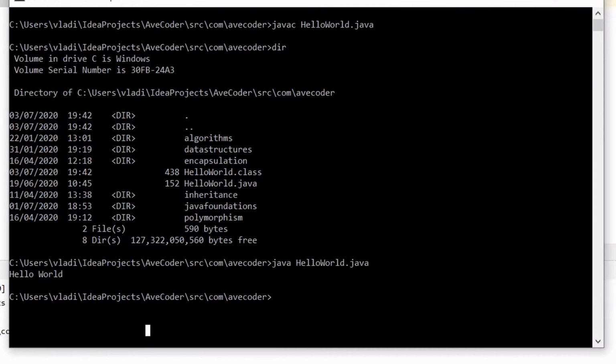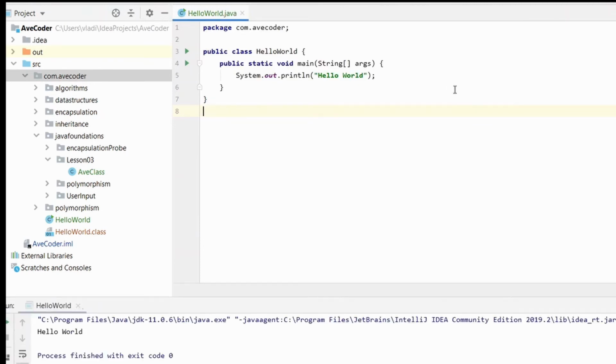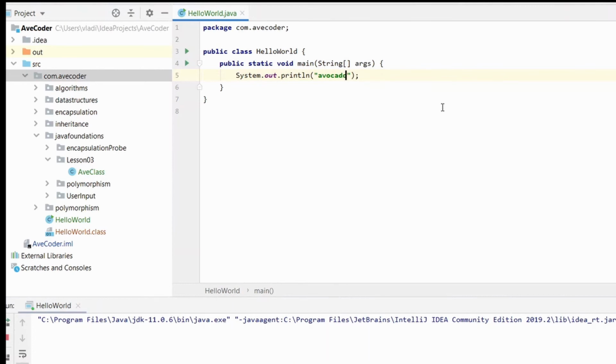This is how the Hello World program looks like in Java, and in fact all that it does is just printing to the console the argument of the System.out.println method, and it is a string enclosed between the two quotes, Hello World. But we can also pass any other arguments like the string avocado or number 42, or even better, we can tell the program to output to the console whatever we supply as arguments, together with the instruction to run the